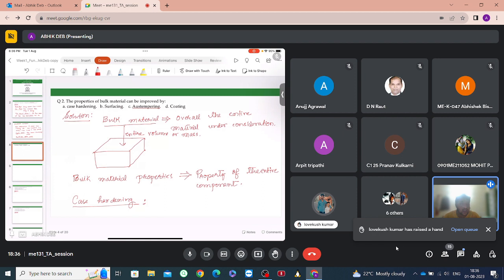अभी आप समझ लो, एल्यूमिनियम का एक ब्लॉक है और आयरन का एक ब्लॉक है। एल्यूमिनियम की डेंसिटी एक पर्टिकुलर वैल्यू है और आयरन की डेंसिटी एक पर्टिकुलर वैल्यू है। अगर आप आयरन के सरफेस पे या एल्यूमिनियम के सरफेस पे कुछ लगा दो, तो क्या अंदर के मटेरियल की डेंसिटी चेंज होगी? नहीं होगी। तो डेंसिटी बल्क मटेरियल प्रॉपर्टी हो गई।